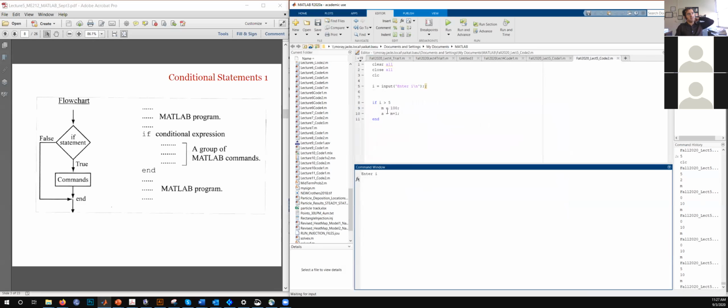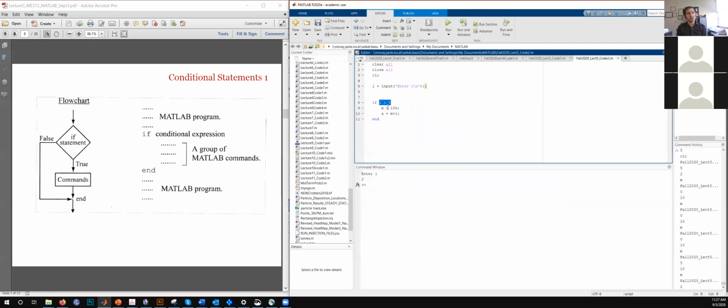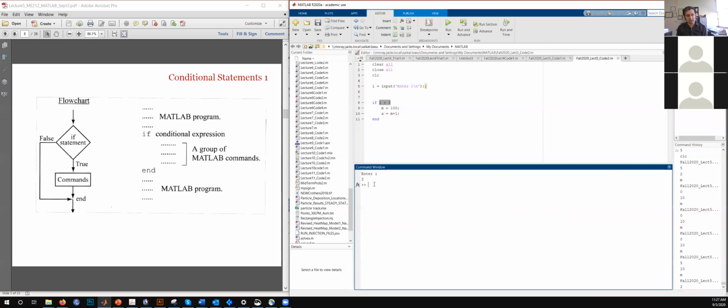So this is lecture 5, code 2. Okay, so let's run this. If I have I to be something less than 5, what happens then? Once it encountered this line, which, as per the condition, is I greater than 5, it did not carry out these mathematical operations, as per this flowchart. It went directly to the end. So this would imply that it doesn't really know what M is or what A is. So let's check that. Let's type M.